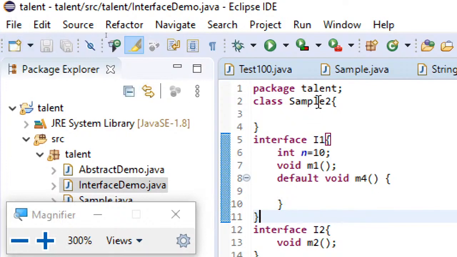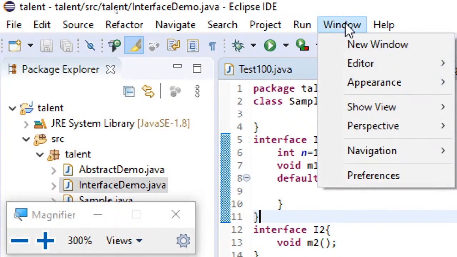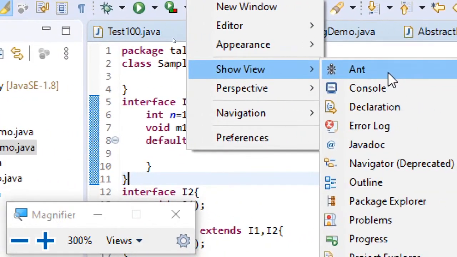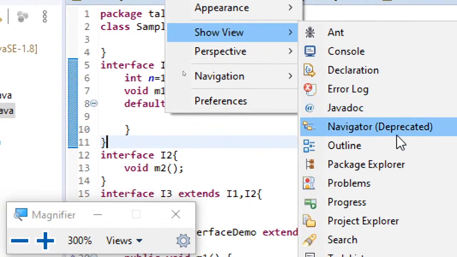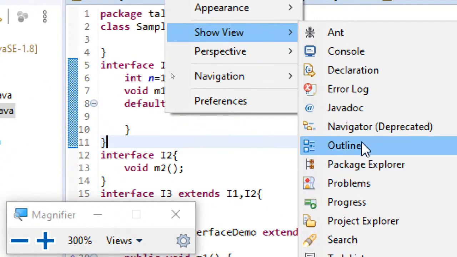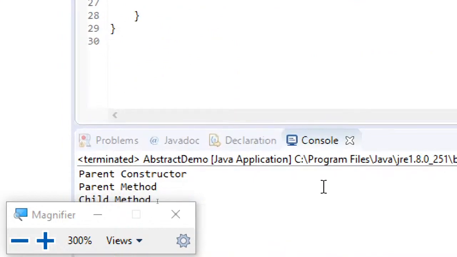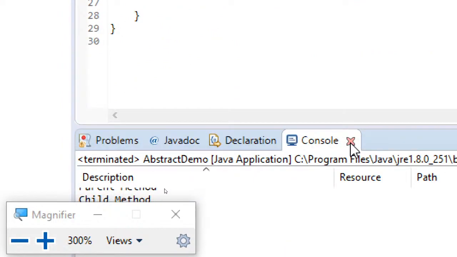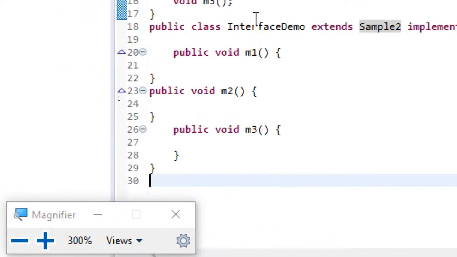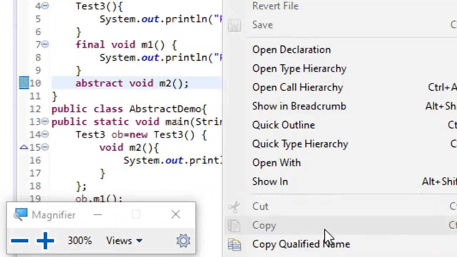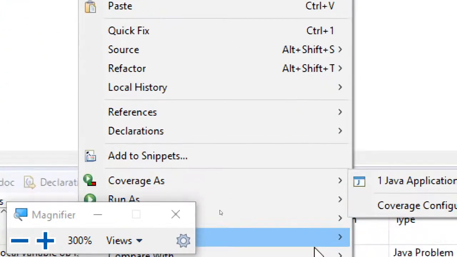What you can do is go to this Window menu, then Show View, and here you can see package explorer, outline, and sometimes when you open, you may not even be seeing the console. This console window might be missing, and when you try to run the program, you might not see any output because the console window is not shown there.